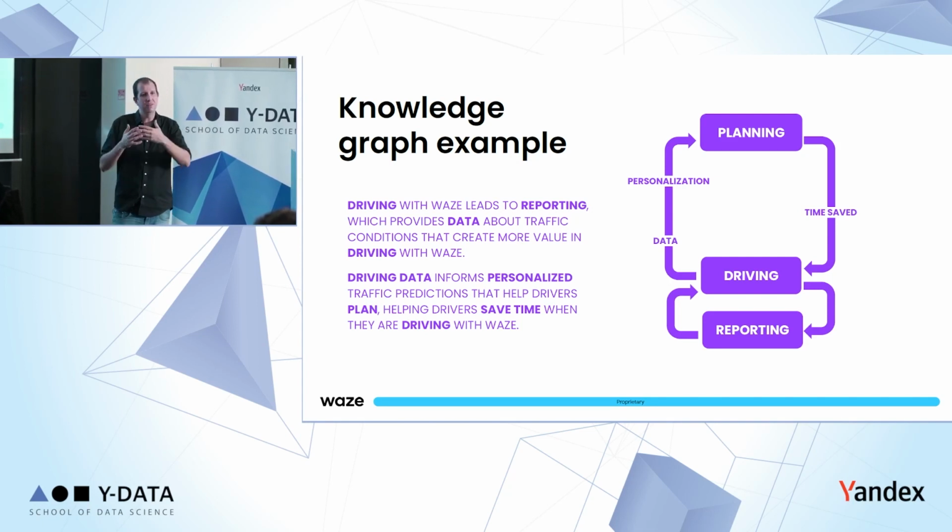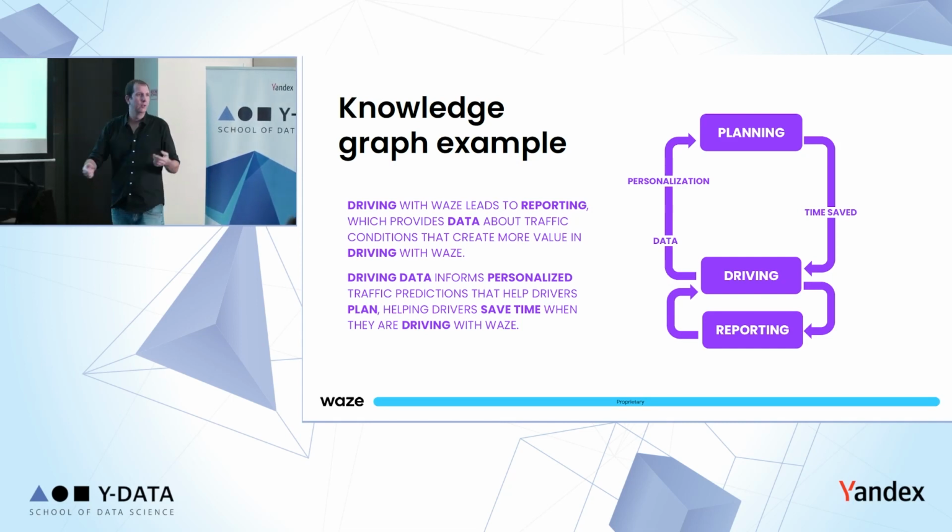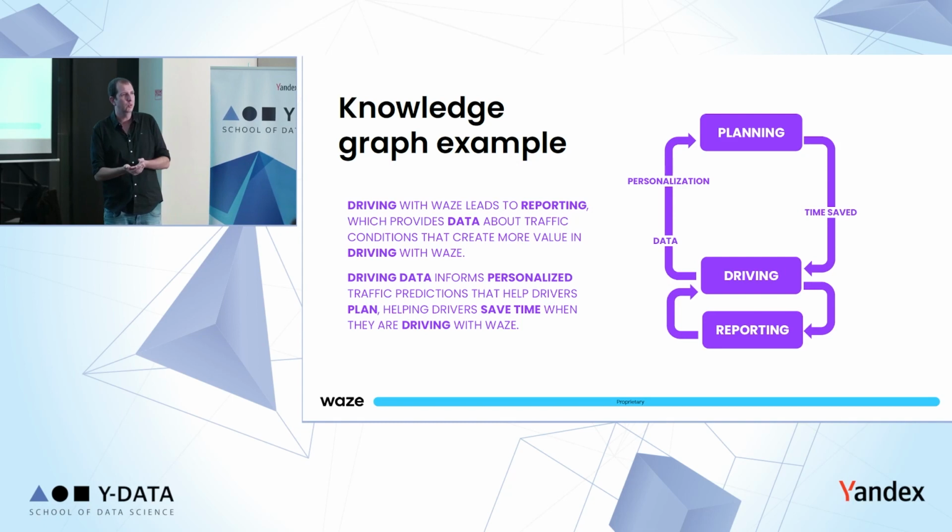So here is just a very simplified example at Waze. In Waze you have driving and reporting. Why do you use Waze? Because it has real-time data. Everybody is using Waze, right? So everybody is on the road. The data that we have is more accurate. The more accurate the data, the more people will join. The more people will join, the more accurate the data would be, right? So that's the data network effect. Essentially, every person who joins also reports sometimes, so that makes the data even more valuable.